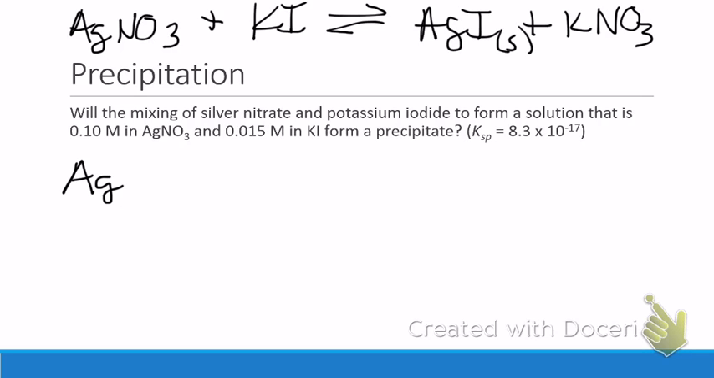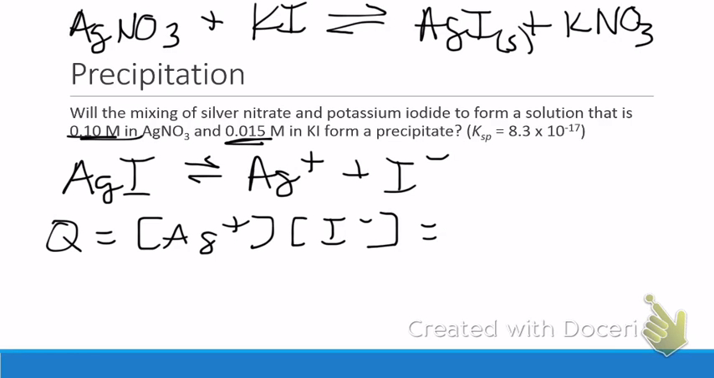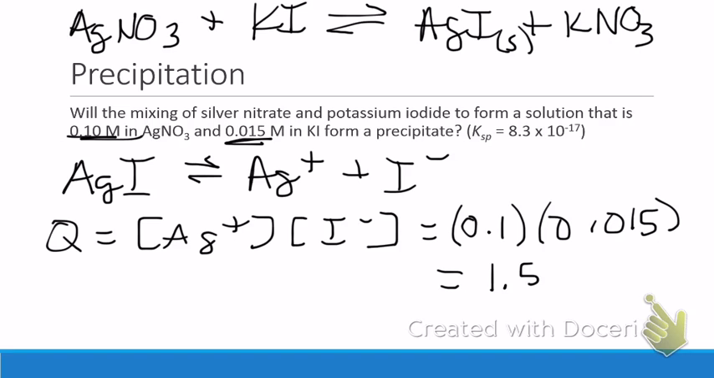given the right conditions. So we write our dissolution reaction. Silver iodide yields Ag plus and I minus, and we can write an expression for our reaction quotient, which would be Q equals the concentration of silver times the concentration of iodide. We can plug our values in. We have 0.1 molar silver, 0.015 molar iodide, and this gives us a value of 1.5 times 10 to the negative 3